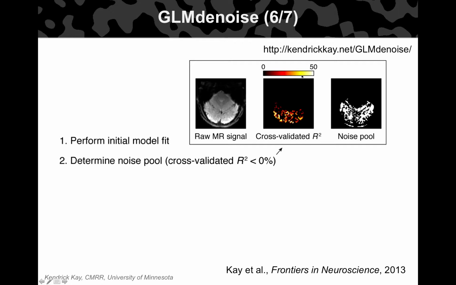Color here is indicating good variance explained in a cross-validated sense and given our experiment. And you see there's plenty of signal, but there's plenty of voxels that don't have any signal at all according to this metric, and that's given by the complement of this map, which is basically you have water signal, but you have no experimentally related signal. So that's what we call the noise pool, and then we just do PCA.